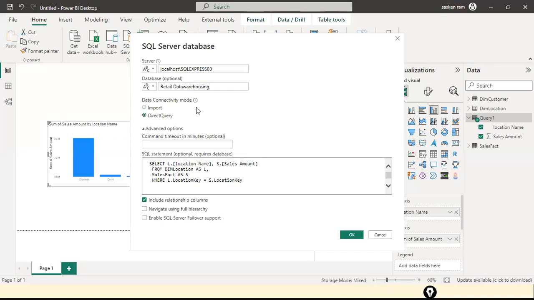Earlier we have seen how to use import mode to load the data from SQL Server into my Power BI desktop itself. And also I have used direct query mode to load the metadata of my sales fact table into my Power BI desktop. And then I have shown you how to execute a query from Power BI desktop using import mode. Now we are going to see, can I execute a query with direct query mode? I'm going to hit OK